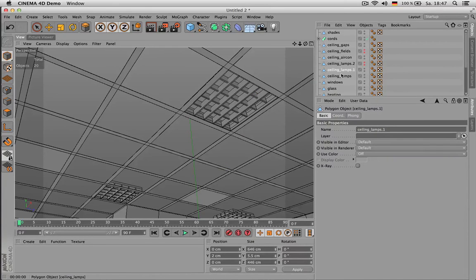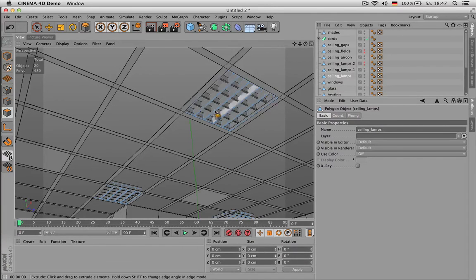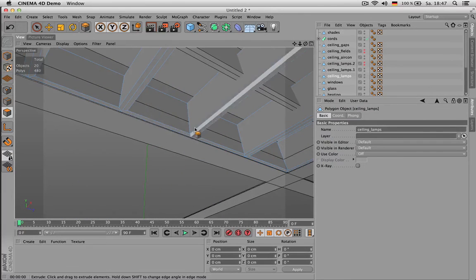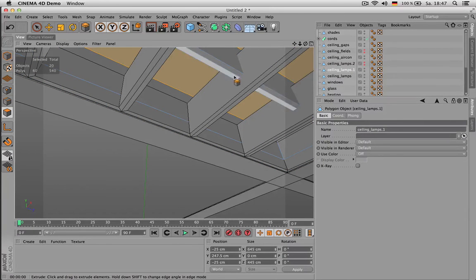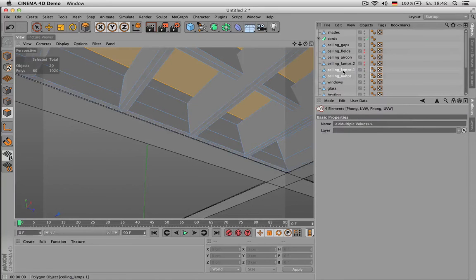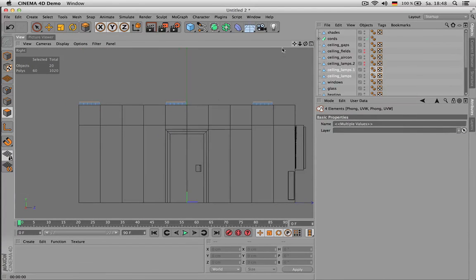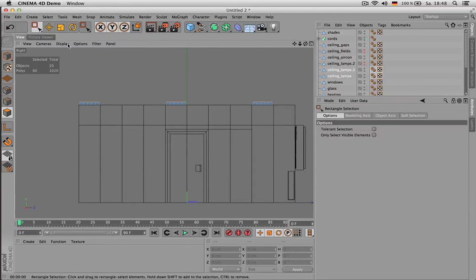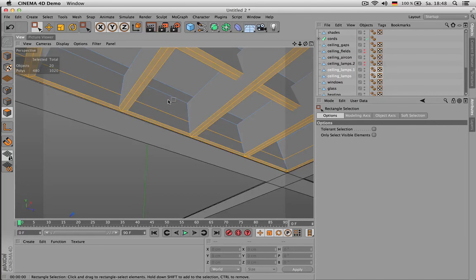This could be a lamp somehow, and you know about that problem, like those inner edges should be removed, and at the same time here too. So let's try to correct both at the same time, selecting them, looking at them from the side, going to polygon mode, rectangular selection, only select visible elements, deactivated, and just the bottom ones. And now we go use that